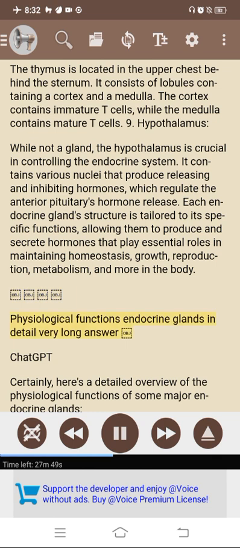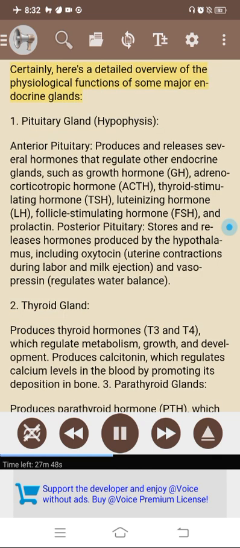Physiological functions. Endocrine glands in detail. Certainly, here's a detailed overview of the physiological functions of some major endocrine glands. 1. Pituitary gland (hypophysis). Anterior pituitary produces and releases several hormones that regulate other endocrine glands, such as growth hormone (GH), adrenocorticotropic hormone (ACTH), thyroid-stimulating hormone (TSH), luteinizing hormone (LH), follicle-stimulating hormone (FSH), and prolactin. Posterior pituitary stores and releases hormones produced by the hypothalamus, including oxytocin, which causes uterine contractions during labor and milk ejection, and